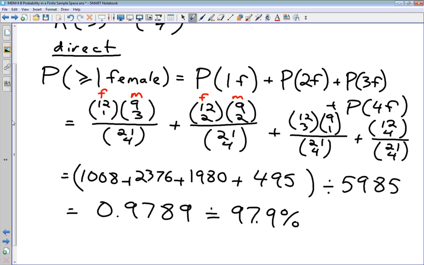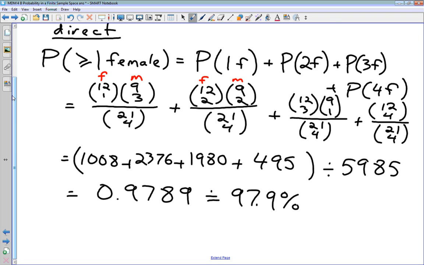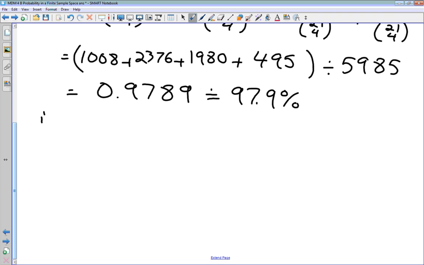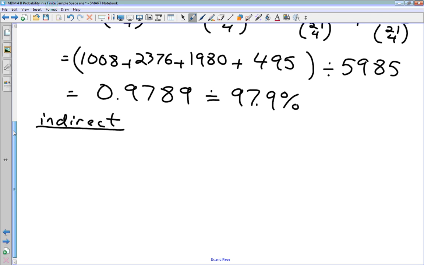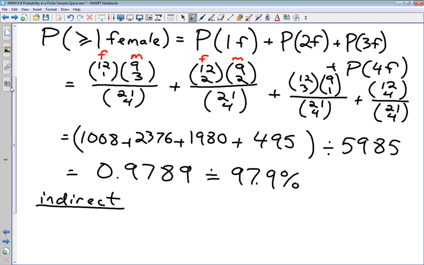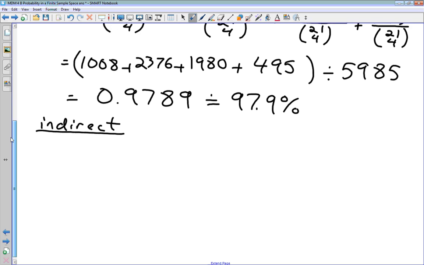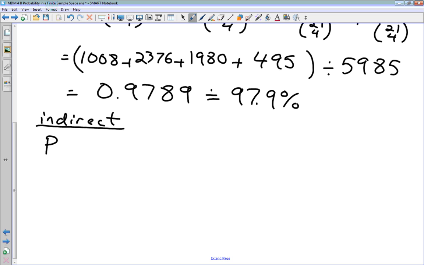So if we choose 4 people at random from our class, there's a 97.9% chance that at least one of them is going to be female. Now there's a second way of doing this question, what is called the indirect method. And we've used this indirect method before when we've been doing combinations. So if we want the probability that there's going to be 1 or more females, so let's say greater than or equal to 1 female,